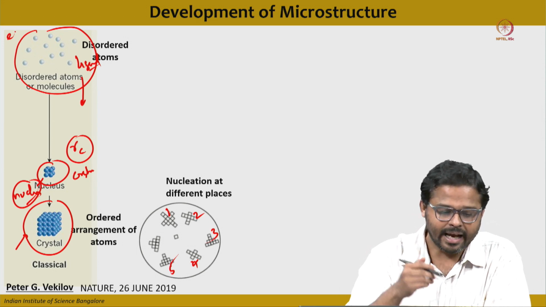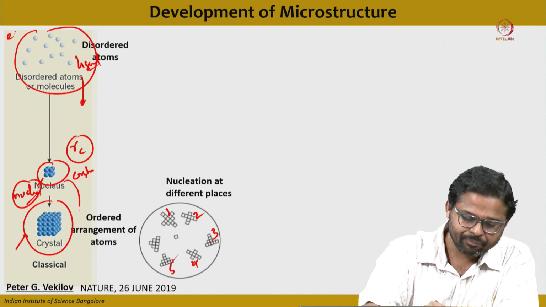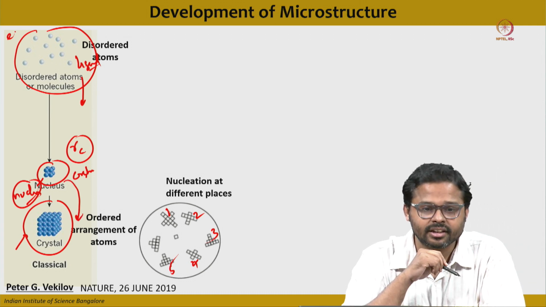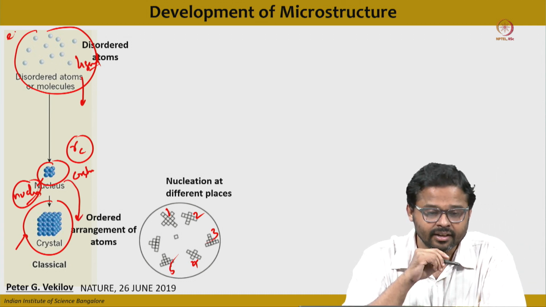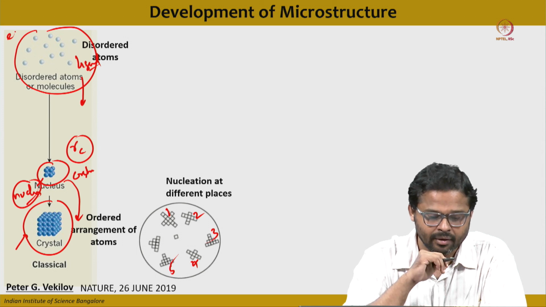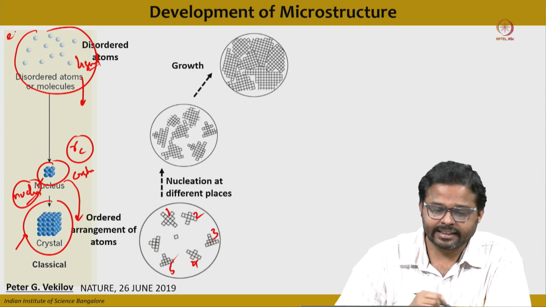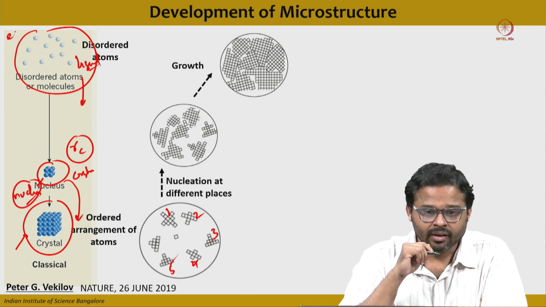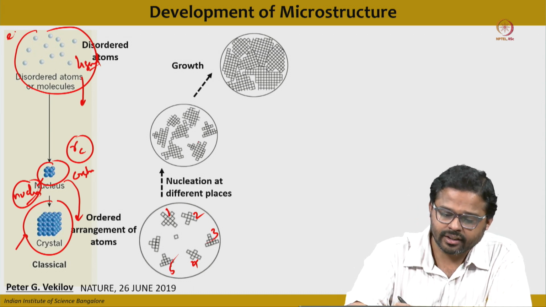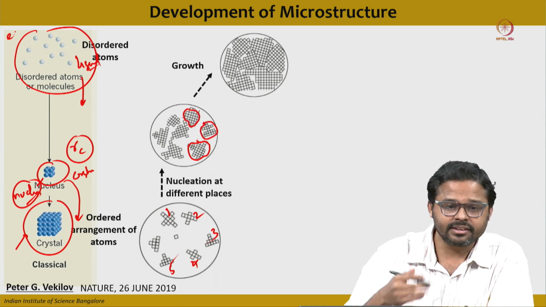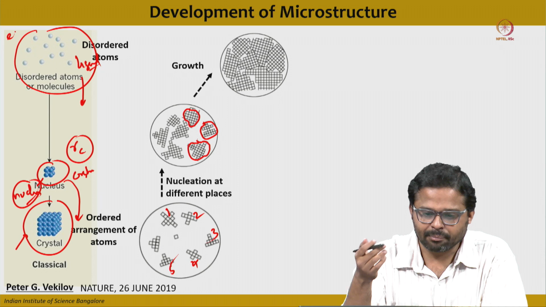As I told you, these nuclei will convert to a certain crystal structure, which has a periodic arrangement of atoms. So at each location it develops a periodic arrangement of atoms of the crystal. So this is crystal 4, this is crystal 3, this is crystal 2, and once this solidification is completed, what we